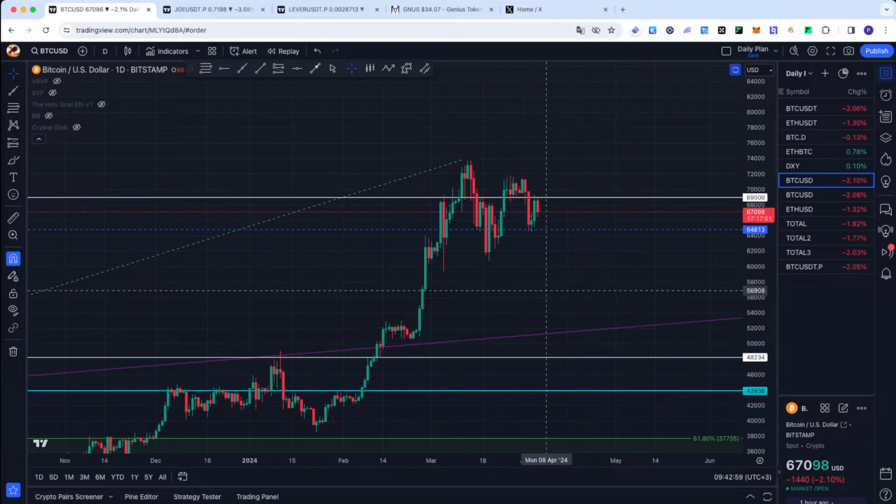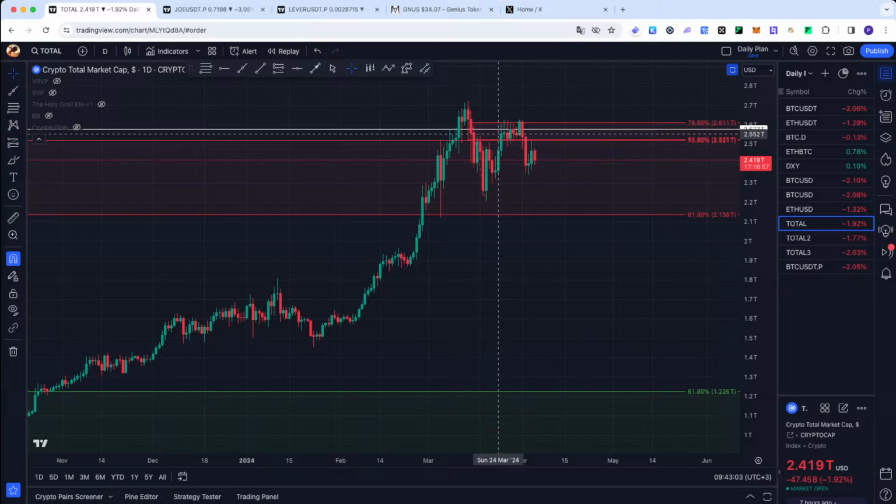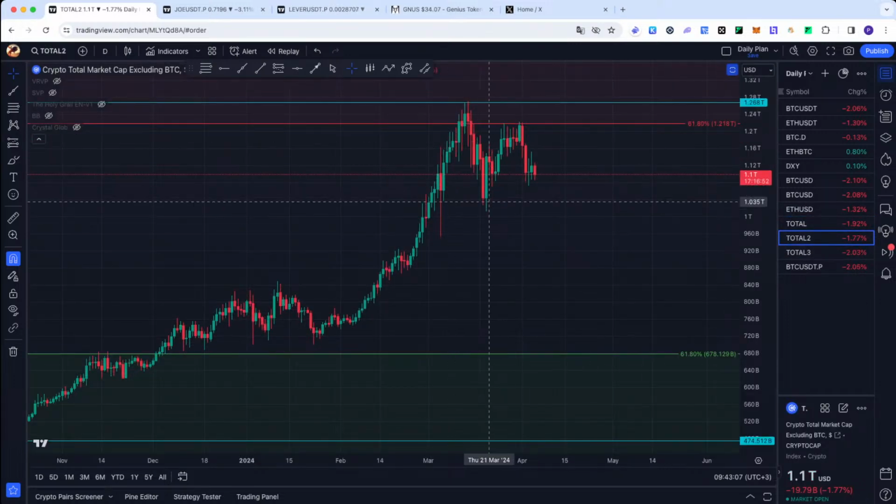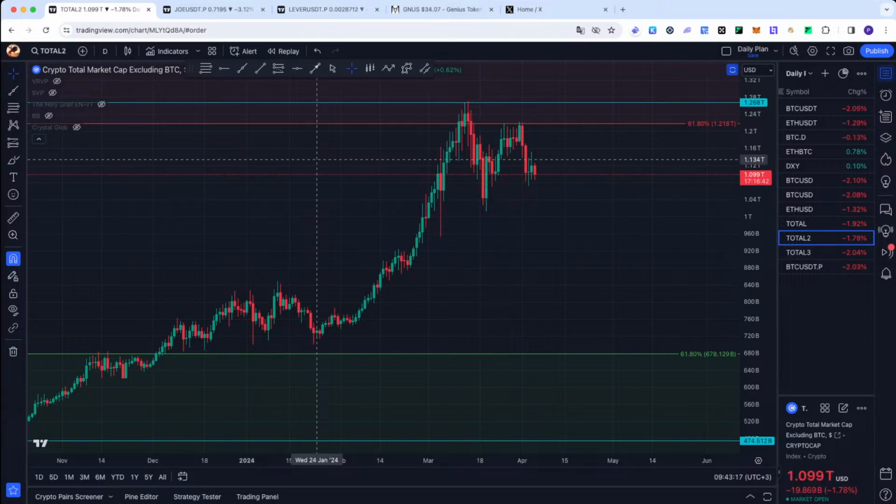Well, that was Bitcoin. We talked about the rest. Total and Total 2, they are looking similar with Bitcoin and Ethereum. You can see we are safe if we are above this level. If we will not accept and confirm that big gap, we are safe, at least in my view. Now, let's go for our chart and let's see what we have on Morning Shogun.